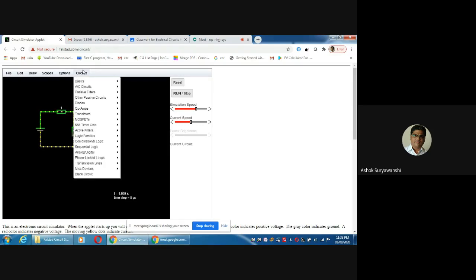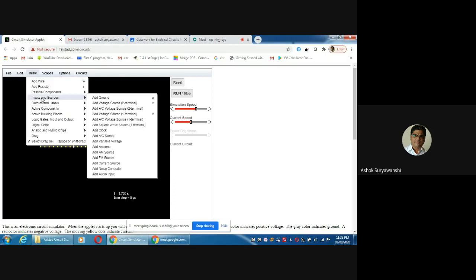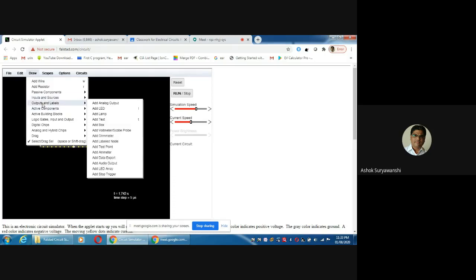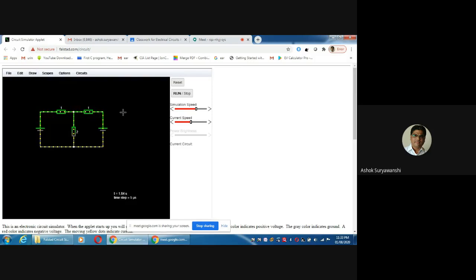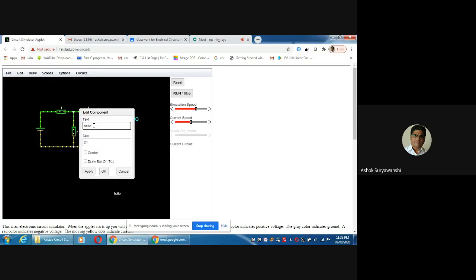Here in draw outputs and labels, you can see there is an add text. So you can add text here. It is now saying hello, so instead of that you can edit it and write your roll number.